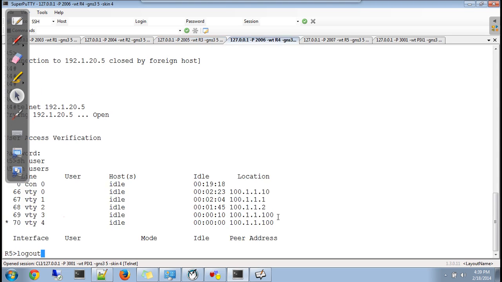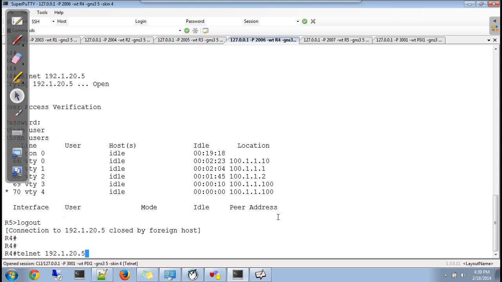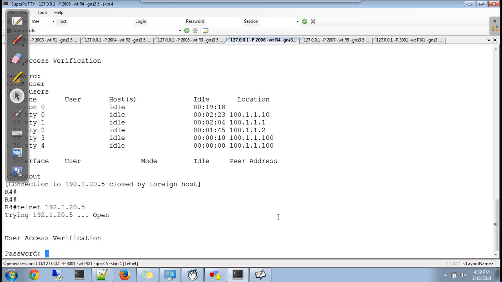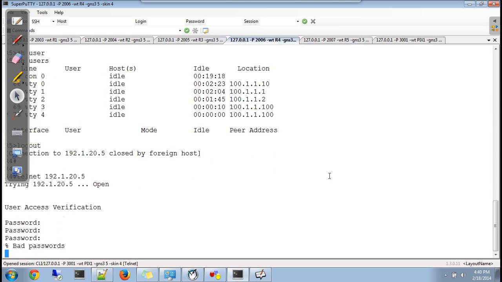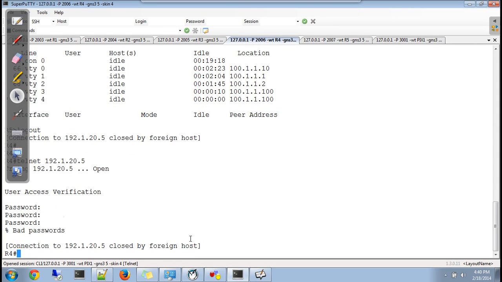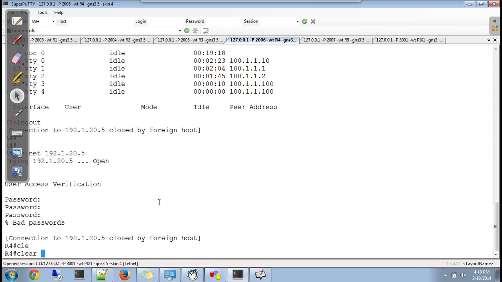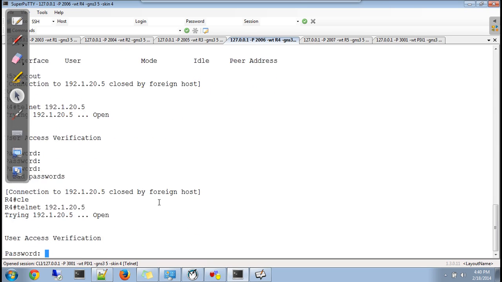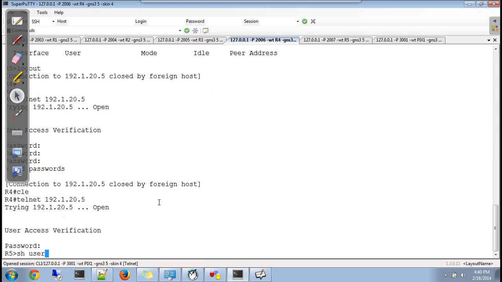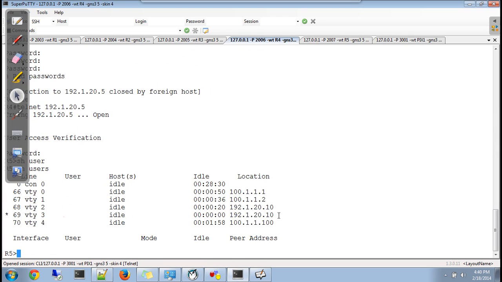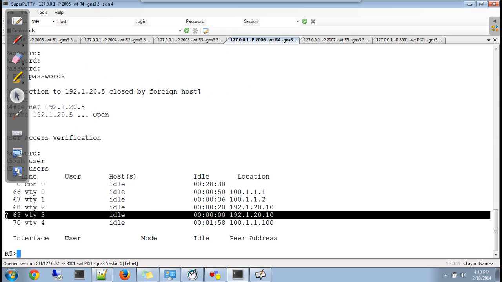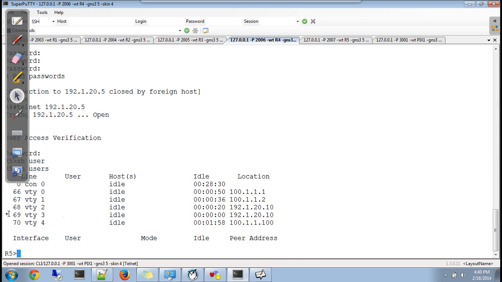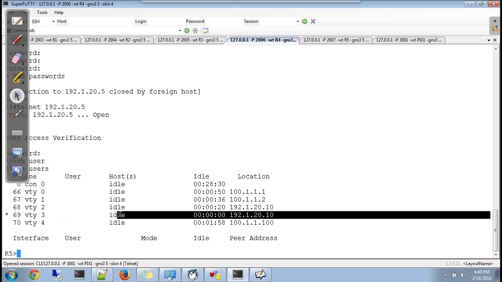R4, if it tries to go out, gets PATed to... wait, let me just... okay, fine, no problem. One asterisk shows you are connected here, and again you got PATed too.